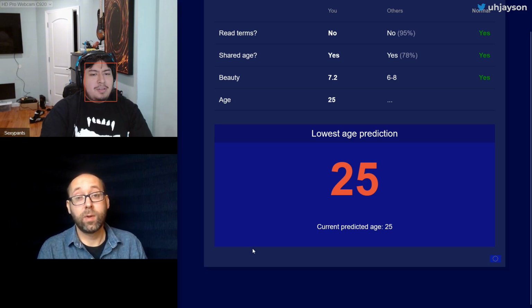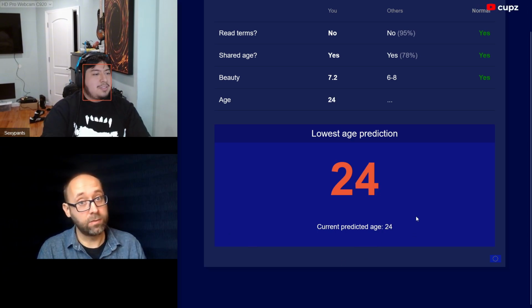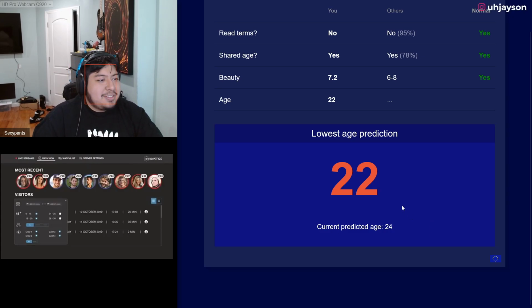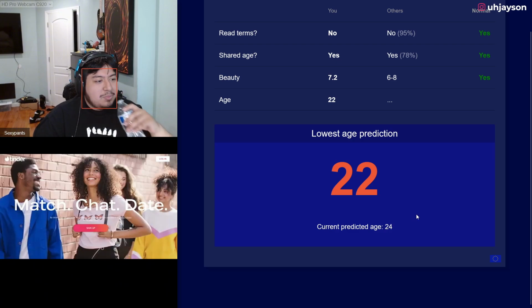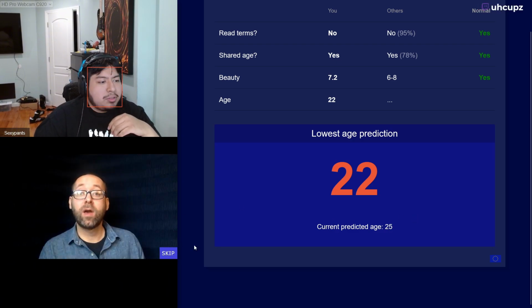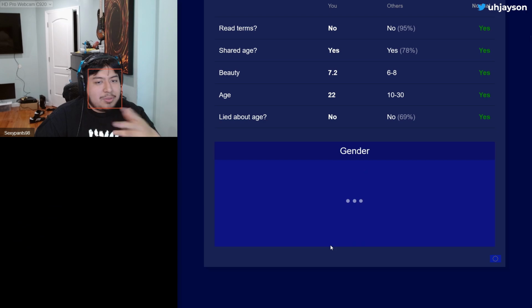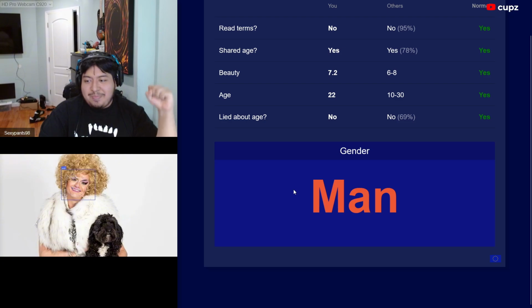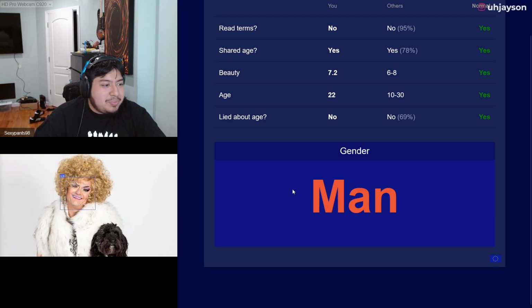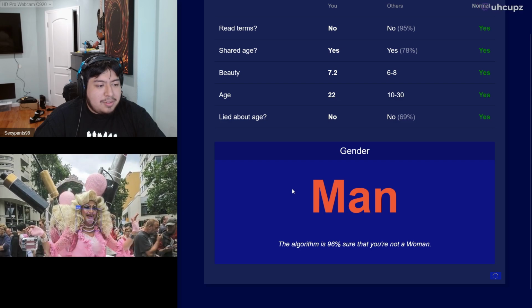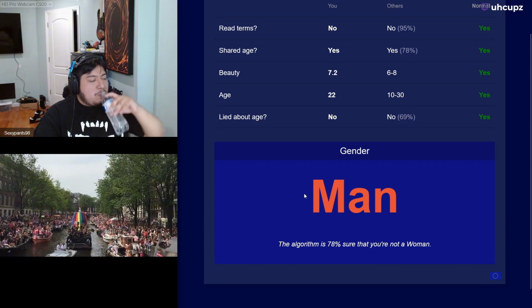Next, let's look at an algorithm that's designed to judge your age. And what you'll see here, as well as with many others, is that if you move your head around, you'll be able to influence the outcome quite a bit. Some stores use these algorithms to learn more about their visitors. They can also be used to guess who might be lying about your age on dating websites. If you happen to share your age bracket earlier, we can now figure out whether or not you are a liar. The following algorithm we'll take a look at tries to determine your gender. Here you can once again see that the country or culture in which an algorithm was constructed can have a big influence on how it will categorize and judge people. This algorithm would probably flip out at the gay pride.